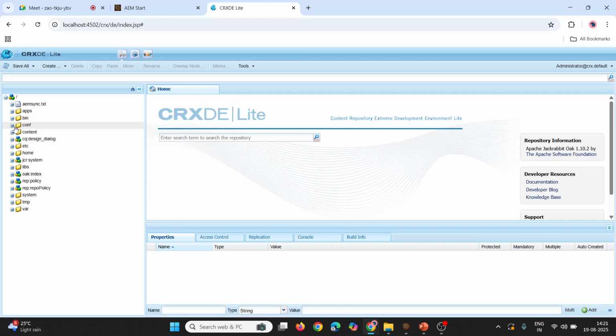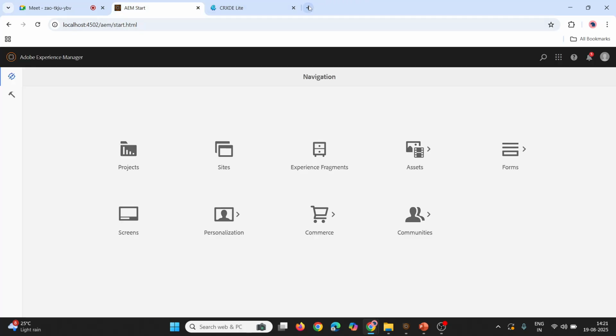So we will be having a lot of content inside these options. Now this is some repository content. If I want to share any content with other developers, or if I want to move the content from one environment to another environment, how can we do that? Basically, whenever we are creating any pages,